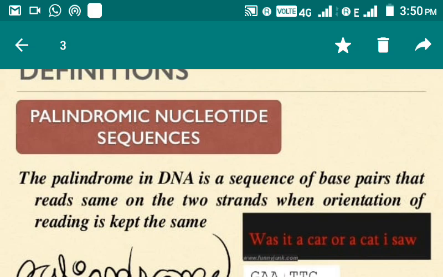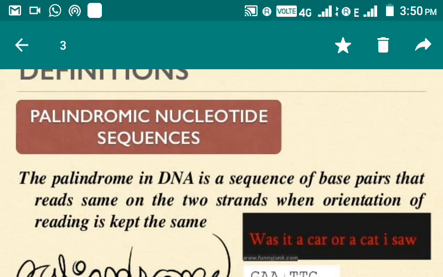Okay, so some of the sequences are complementary, or you can say that you can read them in both directions. So palindromic nucleotide sequences are the palindrome in DNA, which is the presence of base pairs that read the same on the two strands when the orientation of reading is kept the same. Here the example is